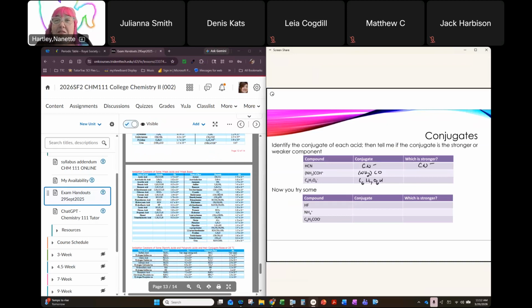But I just like to look to see if I can find it. And I don't see it. So given that it's not in that strong table, it is weak, and therefore the stronger component of these two is the